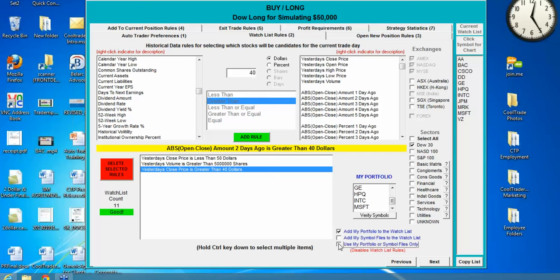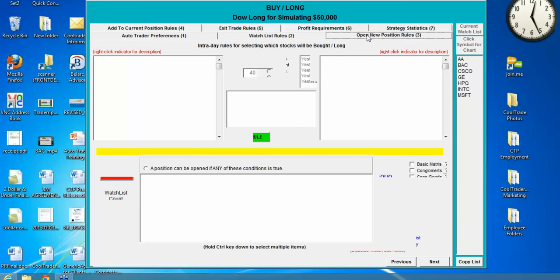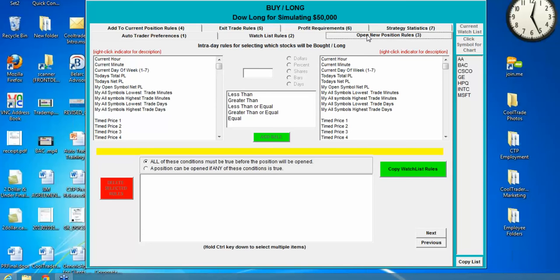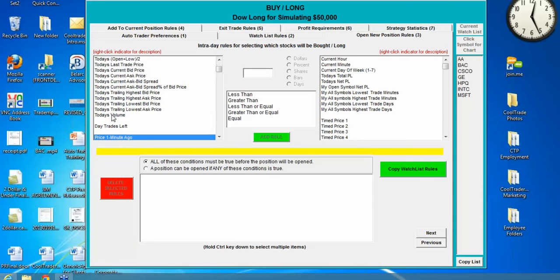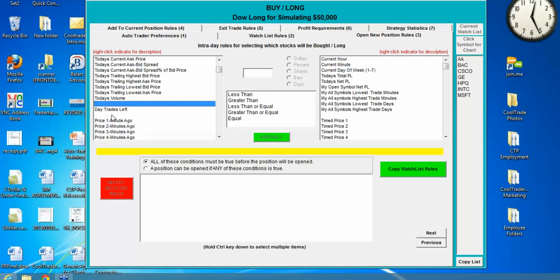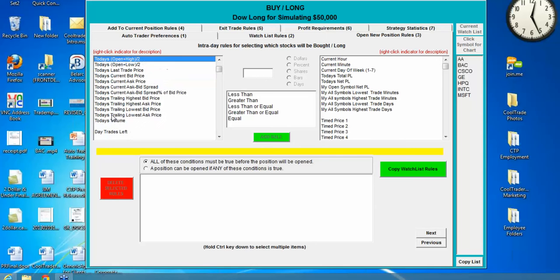Now that we've identified which stocks we want to focus on, and we're back to the 7 from the strategy, we go to the Open Positions tab. So with this Dow 30 strategy, we're not using any open position rules. We're just pretty much range trading these stocks. But let's say that we wanted to at least know that the stock is going up at the time that we open the position. So what we can do is we can add a rule in here very simply that says